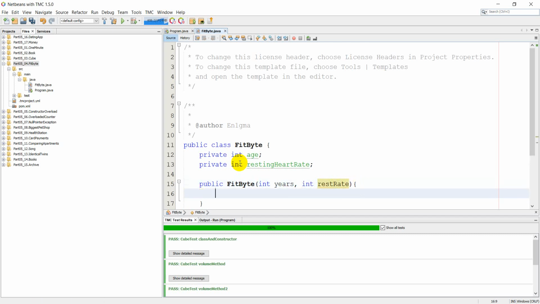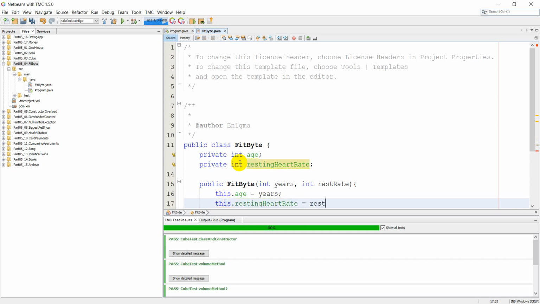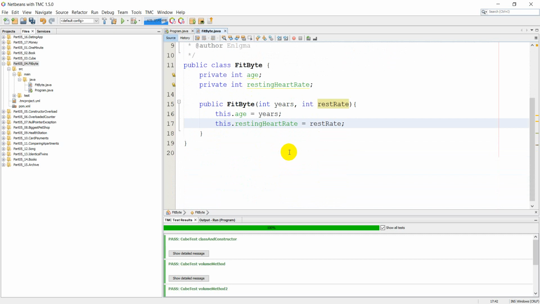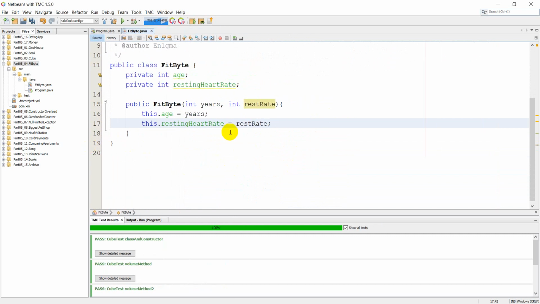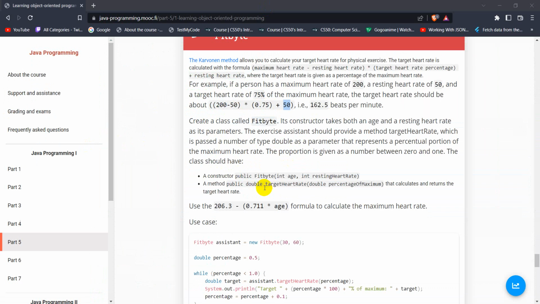So this dot age is equal to age, and this dot resting heart rate is equal to rest rate. Okay, we have initialized up to this much value. Fine. Now the next step is